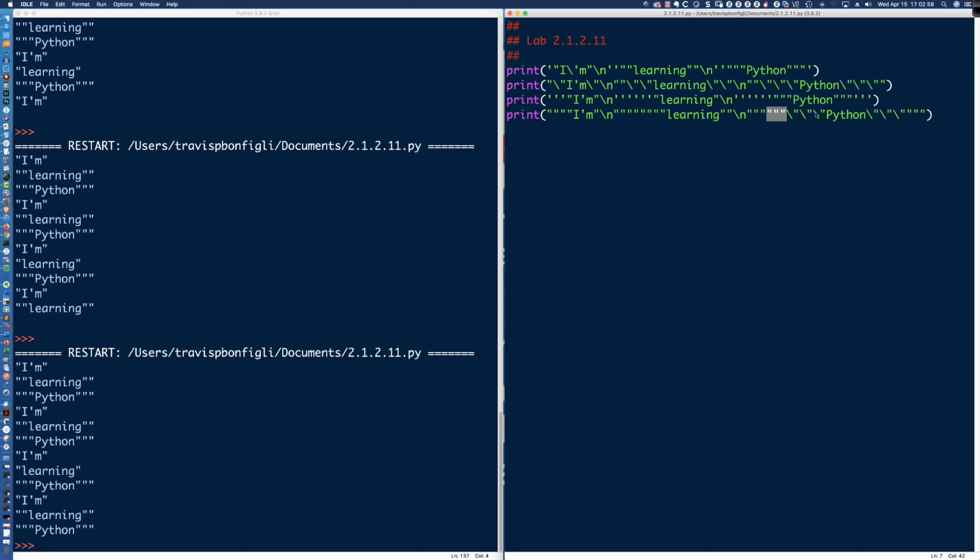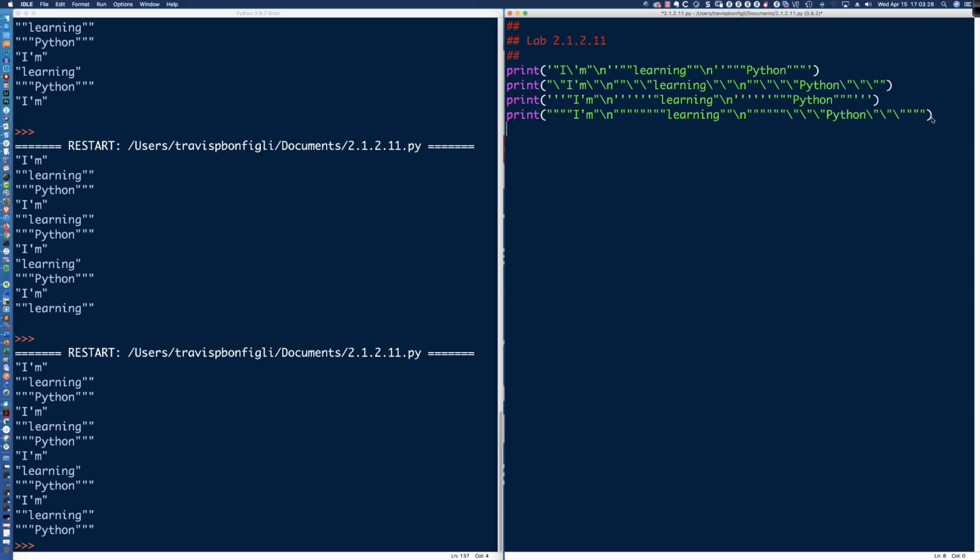Because these 3 double quotes are closing the delineated string started with those 3 quotes. So again, we have to escape those 3 so that it doesn't interpret those as being the end of the triple double quotes that begin it. So lots of quotes there. And there we go. So there are 4 different solutions to Lab